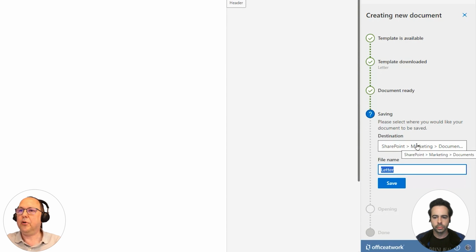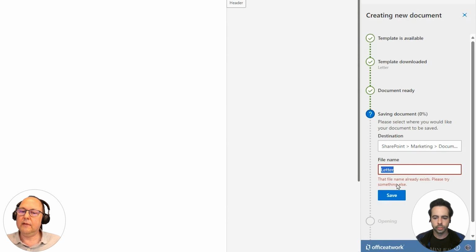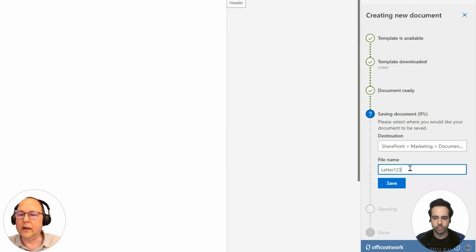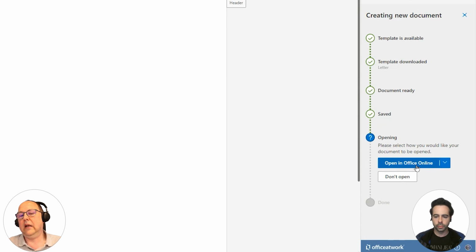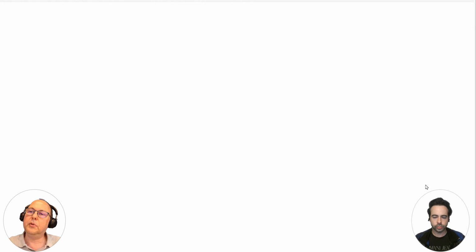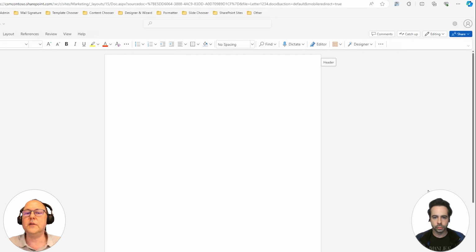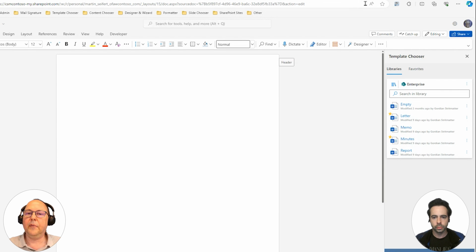In the saving step, again, I'm not going to save it temporarily somewhere. I can actually say where I want to have it. And then after the save, I already have a document called like that, obviously from before, so I have to give it a different name. And then you can open it directly in Word Online. And even this step doesn't bring up a security message. So for all those guys that love working with online, this again is a far improved way of creating documents